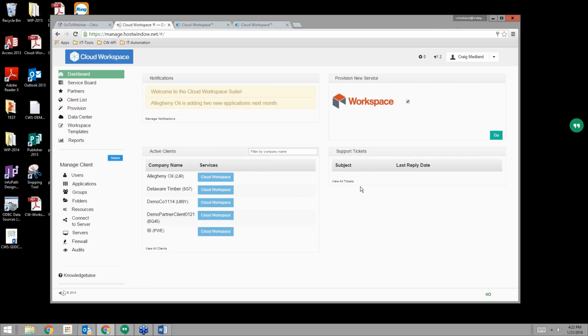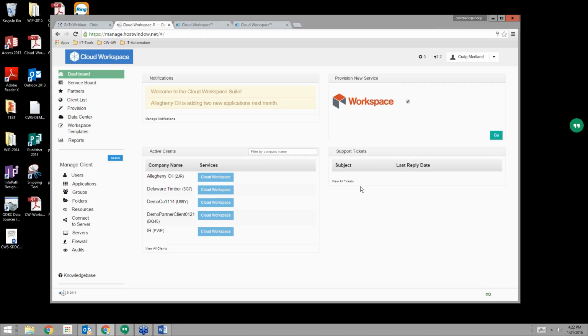It's also very customizable. You can create your own templates specific to different lines of business that you'll be onboarding. So you can create a Cloud Workspace Suite that leverages the power of the hypervisor, in this case vSphere, with templates specific to, say, law practices or real estate firms. That's part of what allows you to spin up an end user environment in a matter of minutes, because you can create templates that are sitting in cache, or you might call it a bullpen, just waiting to be assigned to a new client.